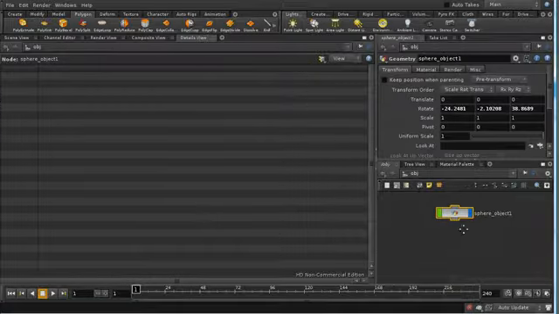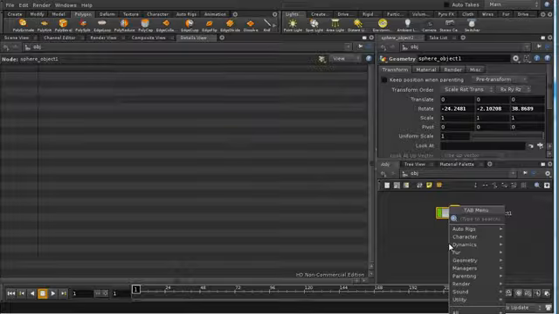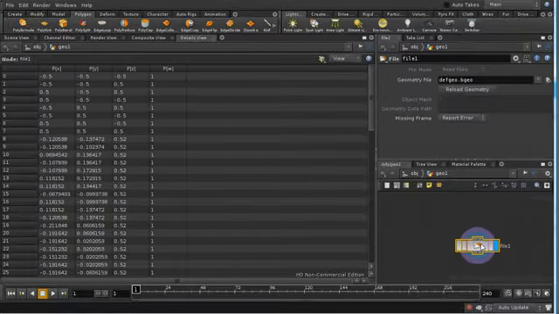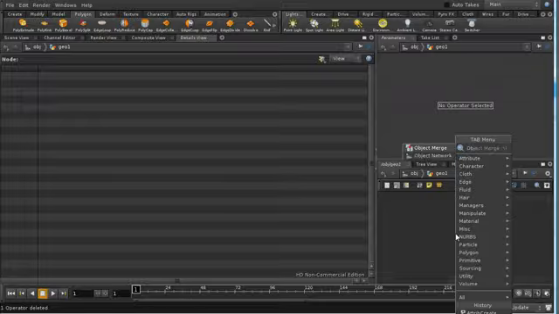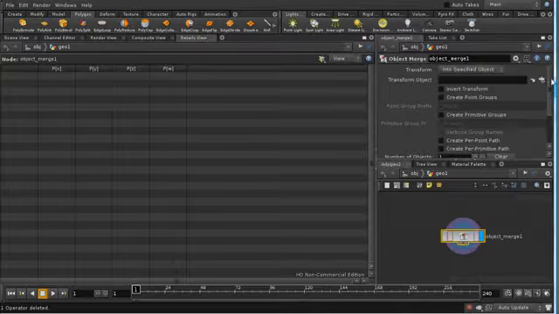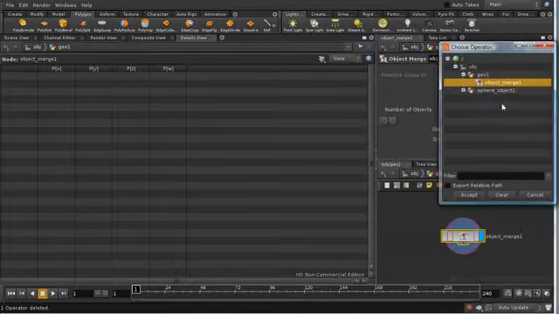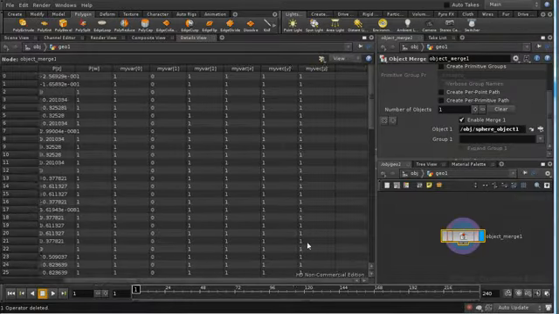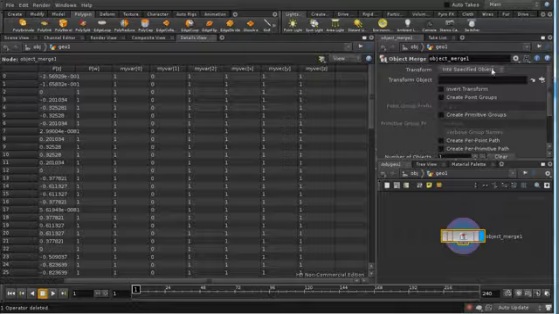We can see this at work using an object merge. So I'm going to lay down a geometry node, dive inside, and bring in an object merge. And we'll set it to import our sphere. And we can see at the moment those values of myVec are the same. And that's because by default there's no